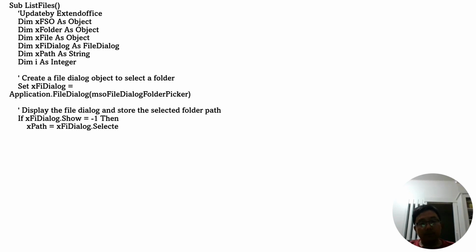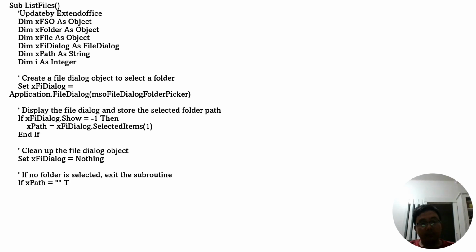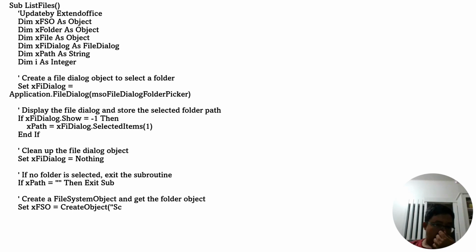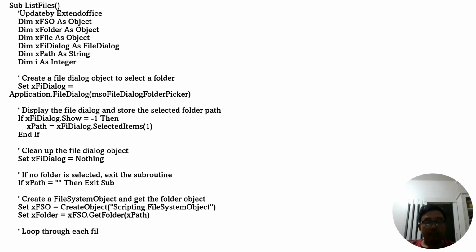It then loops through each file in the folder. For each file, it increments the variable I to keep track of the row number. It uses the ActiveSheet hyperlinks add method to create a hyperlink in the ActiveSheet. The hyperlink points to the file's path and displays the file name in the first column of the current row. Finally, the code moves to the next file in the folder and repeats the process until all files have been